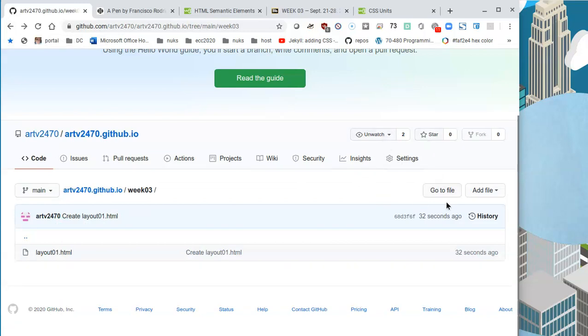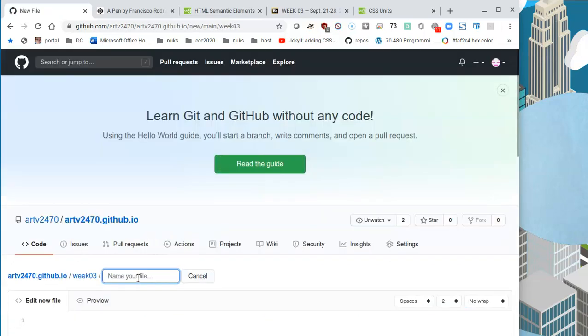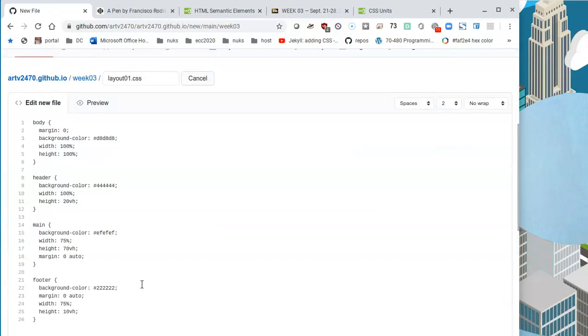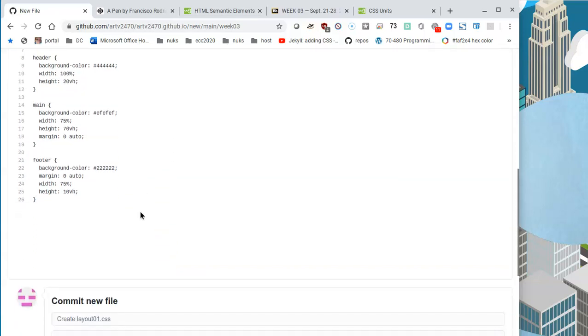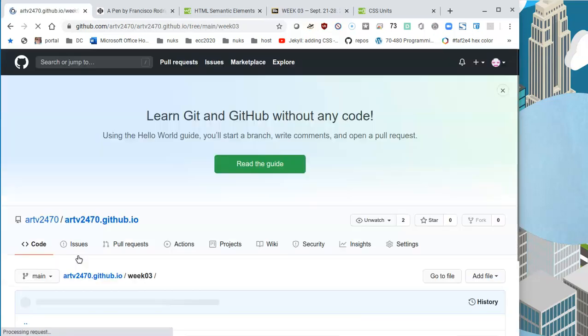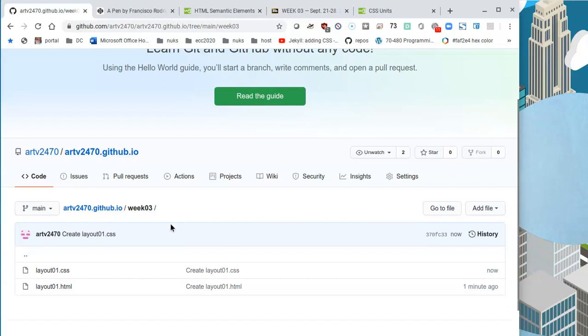Let's do this under add file, create new file, call it layout01.css, and here paste what I just copied. Control V as in Victor will paste, and then I will commit the file. Once the file is committed, go back to your layout01.html,